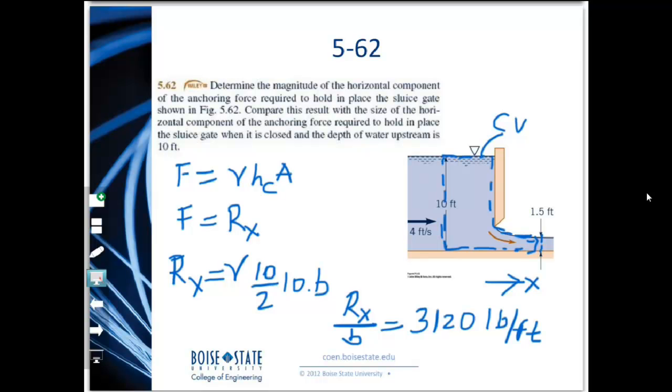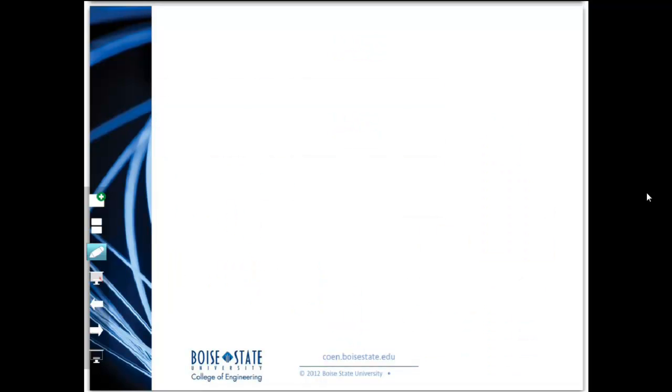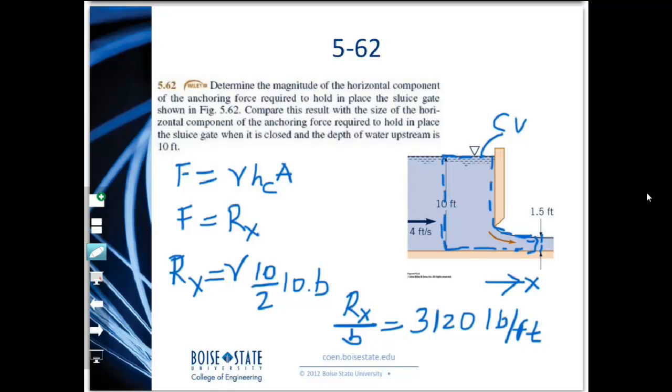Okay, so we can try to write the conservation of linear momentum in the x direction, and then it will happen that our only unknown would be the anchoring force, which would be Rx. Okay, so let's go ahead and do that. So if I name this guy as section 1, this guy as section 2,